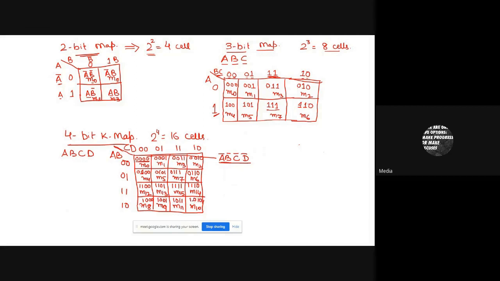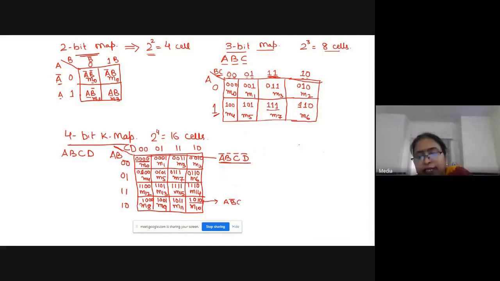Right? So this is in numbers, and when you have to write in terms of variables, where it is 1, it will be written as A, and where it is 0, it will be written as complement. B is complement for 0, and C is like this, and D is complement, for 1 0 1 0. This is written here, 1 0 1 0.